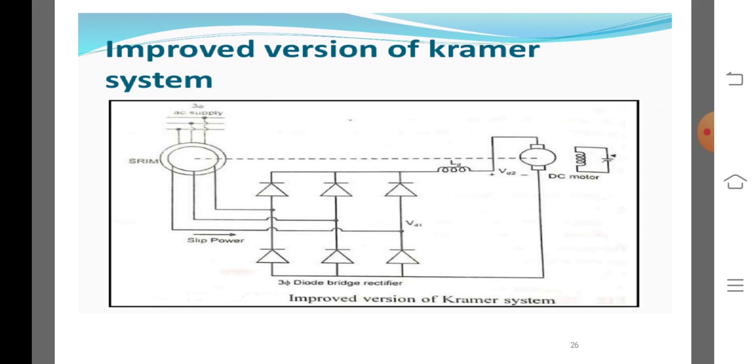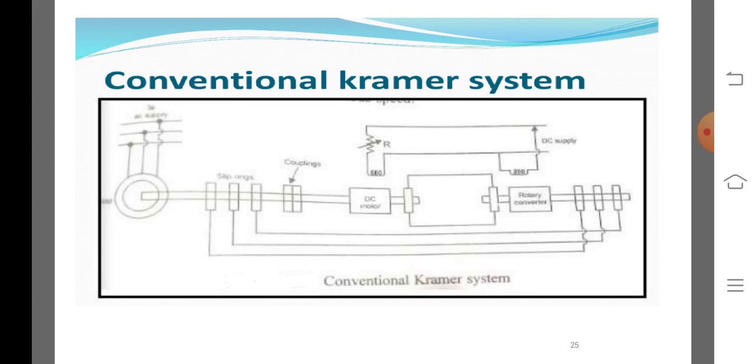The rotary converter converts the low slip frequency AC power into DC power, which is used to drive DC shunt motor B. This is coupled mechanically to the main motor A. The main motor is coupled to the shaft of DC shunt motor B. The slip rings of A are connected to the rotary converter C. The output of C is used to drive B. Both C and B are excited from the DC bus bar.